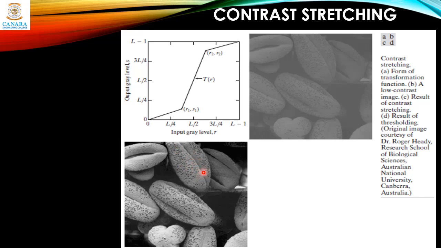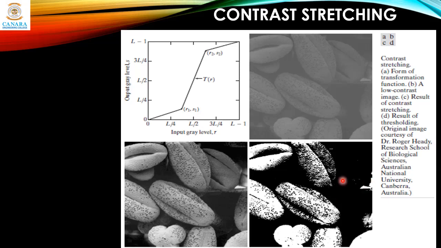It's quite clear. Now if you stretch this to the extreme and make it a two level output, that is, if you try to do thresholding, in the sense that this r1, s1 moves to this L2 point, and this r2, s2 will be on this point, this becomes a straight line. If you do thresholding, the result will be like this. I'll draw what happens if you do thresholding. The transformation will look like this. Anything less than L by 2 will be black, anything more will be white. So you will get either a black or white pixel. This is the result of thresholding.